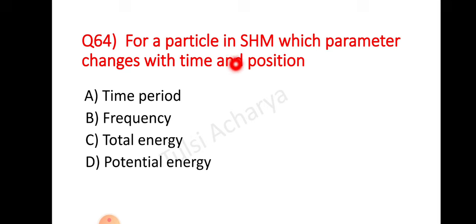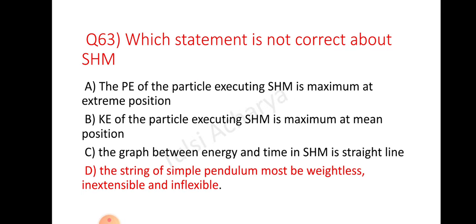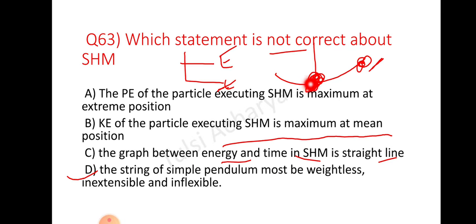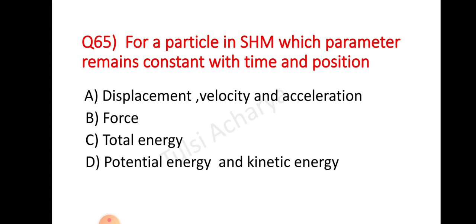For a particle in simple harmonic motion, which parameter changes with time and position? We need to know here that time period, frequency and total energy remain constant. Potential energy changes with position and time. For every position, potential energy is continuously changing. Now let us move to question number